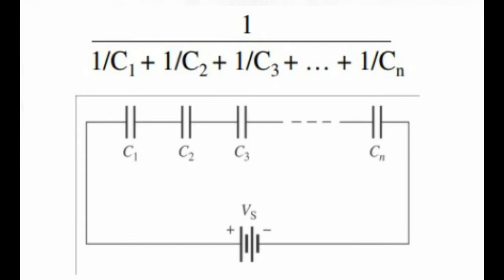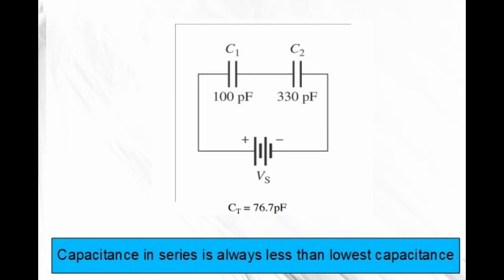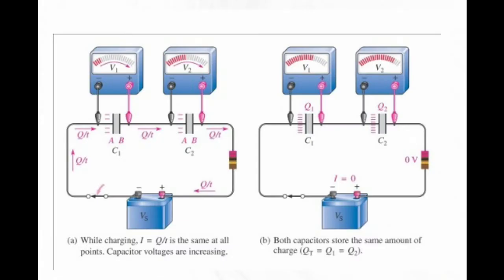If you see in the diagram, when capacitors are connected in series, the total capacitance is less than the smallest capacitance value. This happens because the effective plate separation increases. If you see the plates of C1 and Cn, there is a difference between the plates. Capacitors in series produce a total capacitance that is less than the smallest value of capacitance. You can pause and see this diagram clearly.